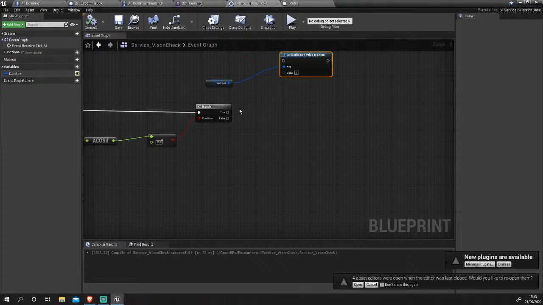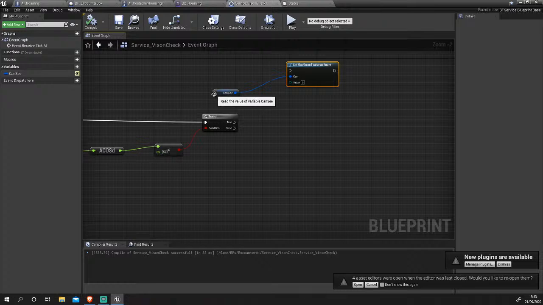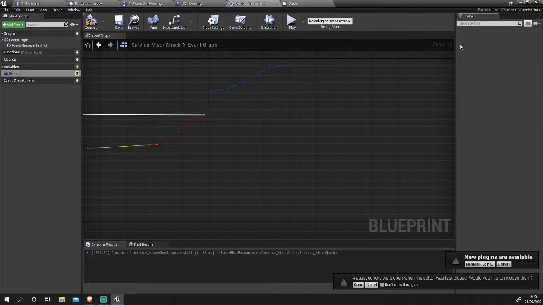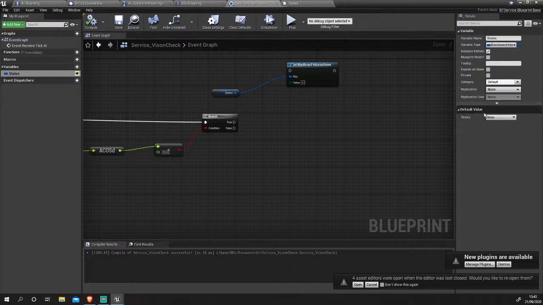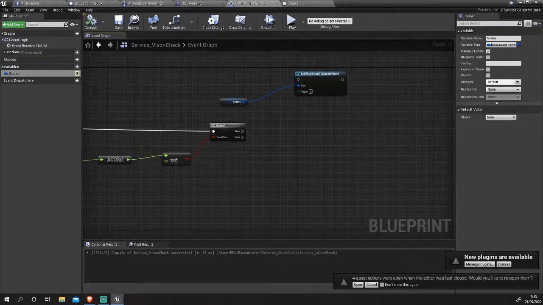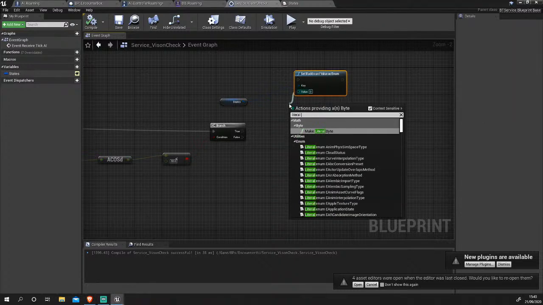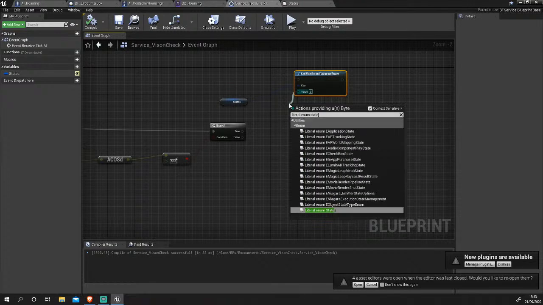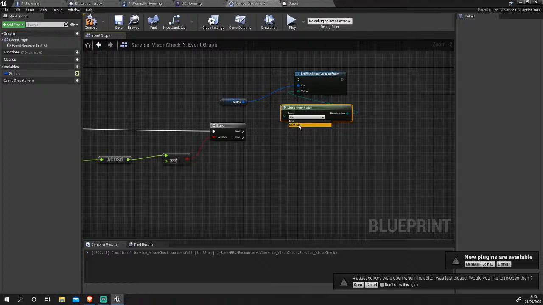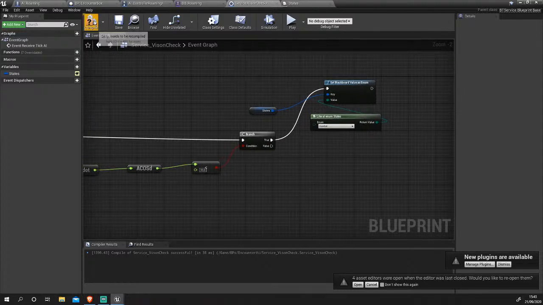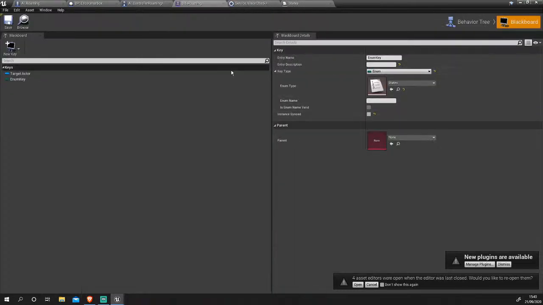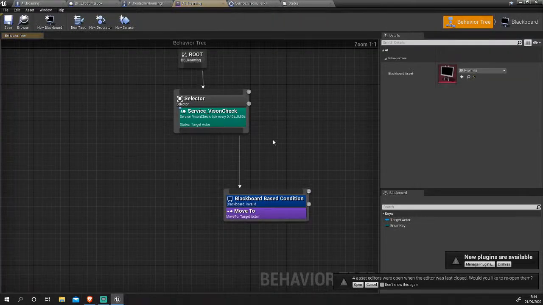That needs to be editable anyway. Now the states. There we go. And then